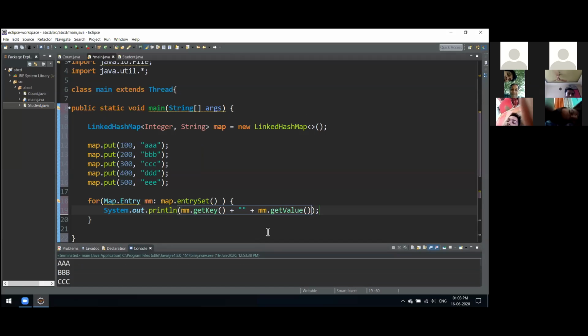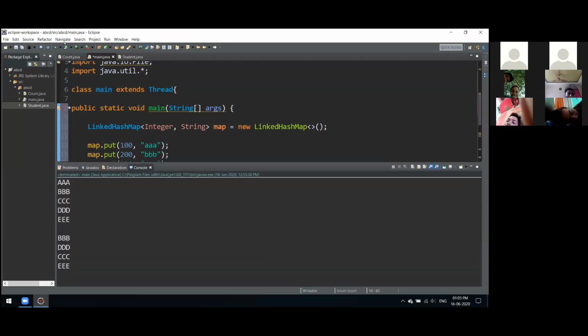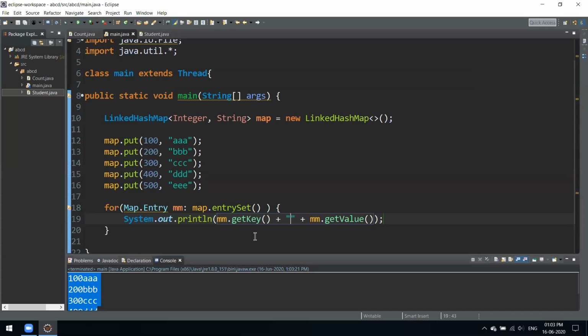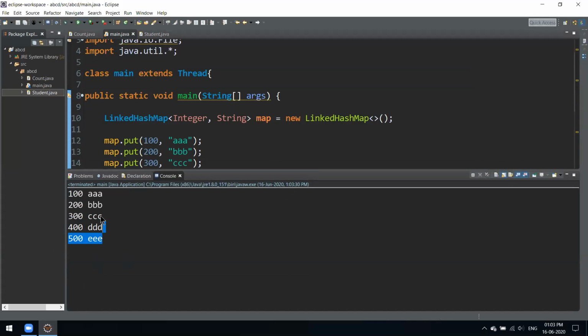If you just want the value, you can use get value. If you want the key, you can use the other one. Let's try running this. As you can see, it gave our data in key value pairs. We didn't give a space, that's why they are sticking together. As you can see, it did that very neatly.